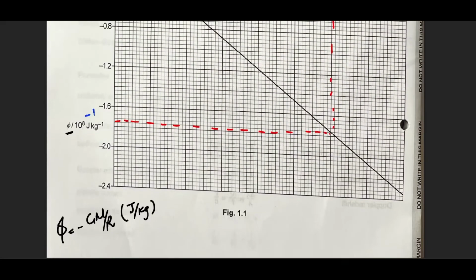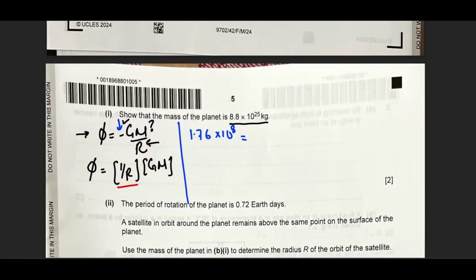This is also negative 1.76, right? So this negative and this negative of the formula gets cancelled out eventually. That's why I'm not mentioning this. Okay. All right. So then we have gravitational constant, which is 6.67 into 10 raised to the power minus 34